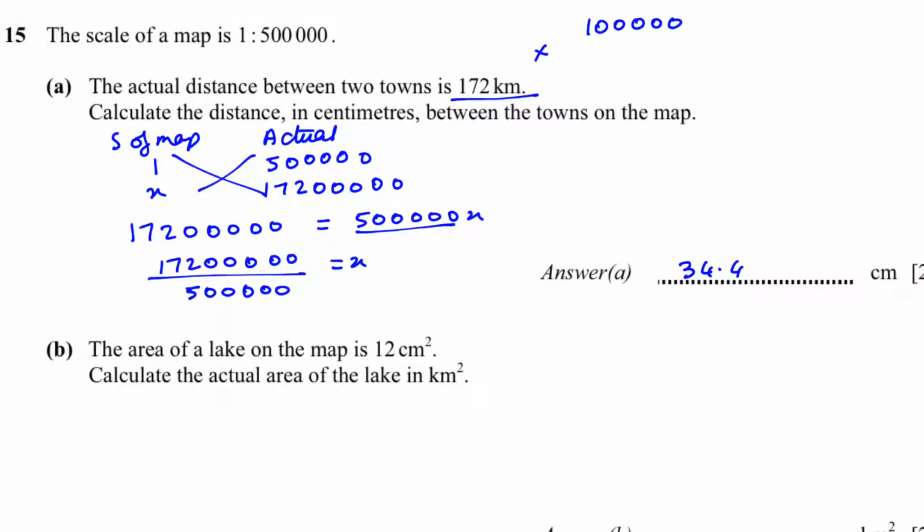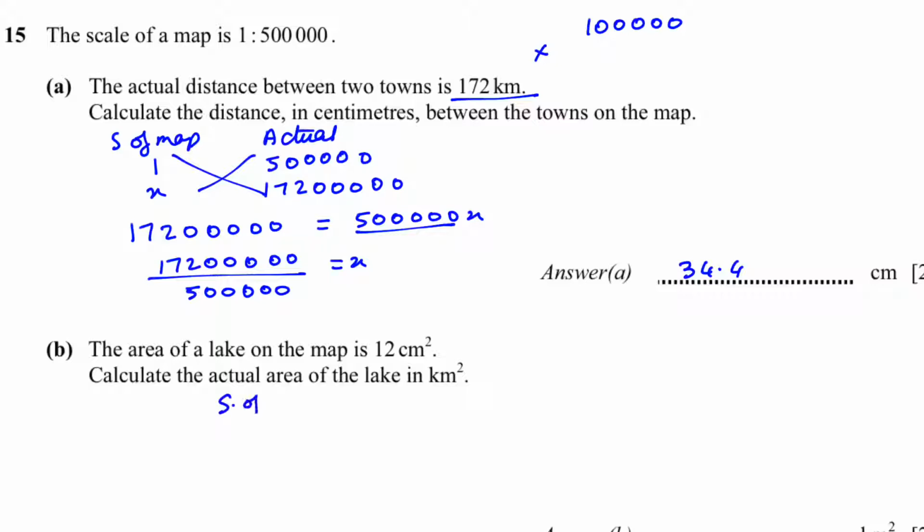In part B, the area of a lake on the map is 12 square centimeters. Calculate the actual area of the lake in square kilometers. They want us to write the answer in square kilometers. So we will change the 500,000 centimeters into kilometers. And that will give us,